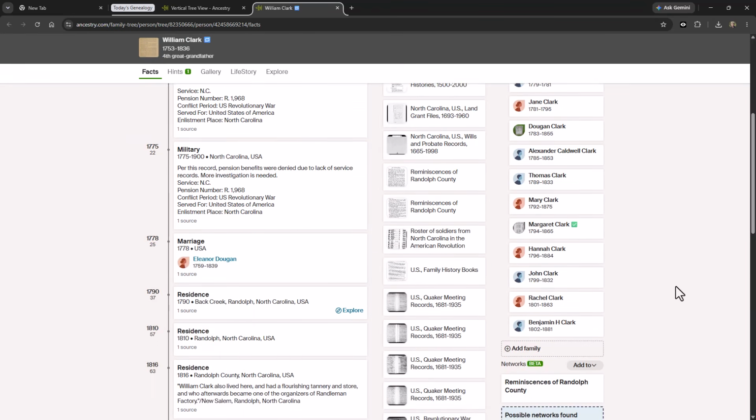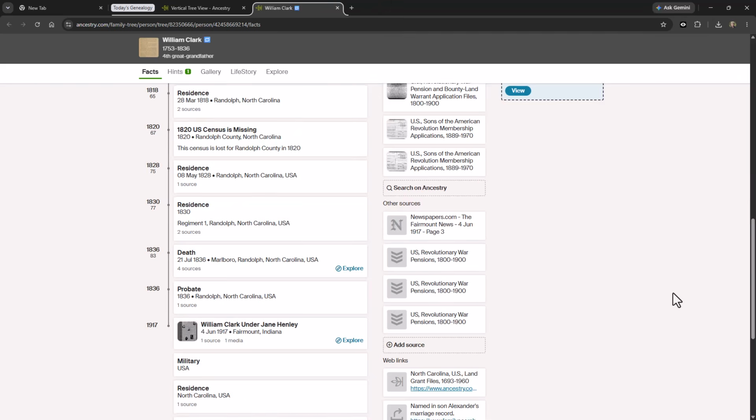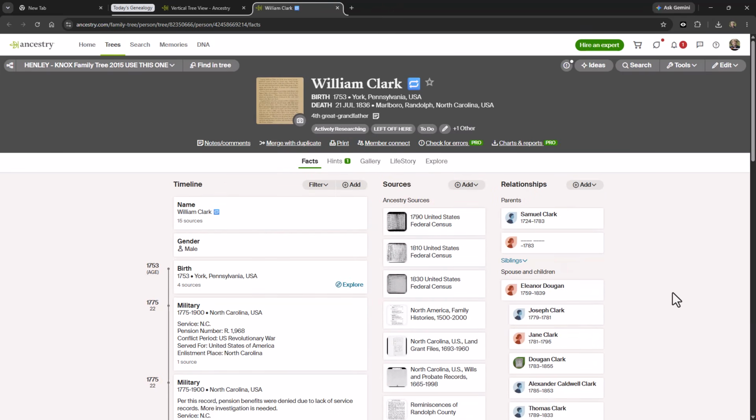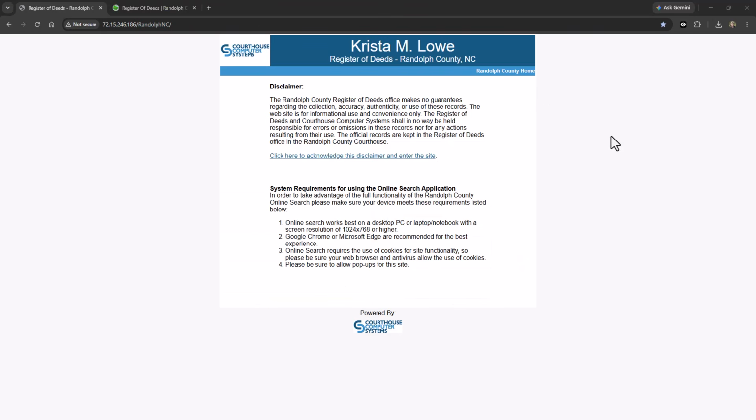So I have already collected a lot of records here, and that's fine. But what I'm doing now is I am going through and finding all the land records for him, and I'm going to show you how I did that. So I am on the Register of Deeds for Randolph County, North Carolina, and I'm sure you have seen me do this before, but when you go there, it's actually called Randrod,